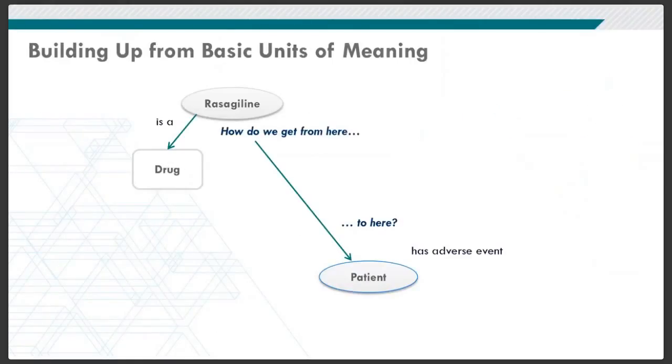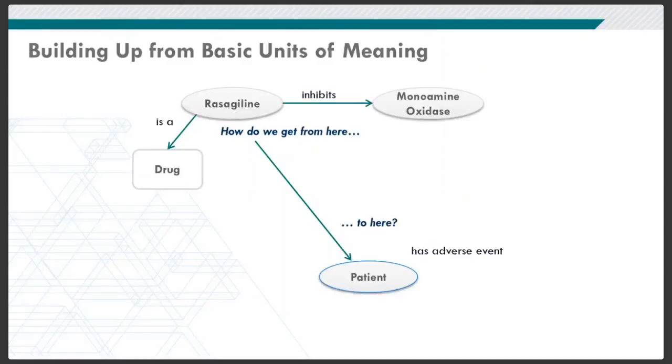So these linked databases build up from basic units of meaning. Let's say I have a patient who's visited my clinic, they took a medication, and they had an adverse event. They came in complaining of headaches, hot flushes, like high blood pressure. We don't know what happened. We want to understand how. By bringing in and connecting, using the semantic technologies, public information, we can get a hypothesis very quickly on